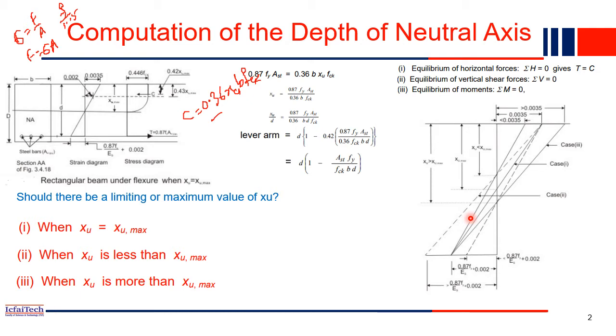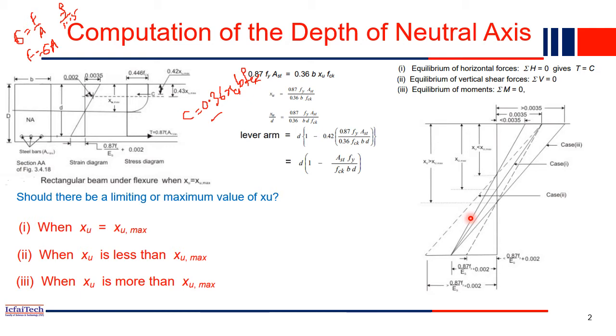Because a beam is made up of steel also, if steel fails first, what will happen? The steel member gets elongated. Once the steel member gets elongated, you will see cracks in the building. There will be micro cracks, and the crack width will gradually increase. Maybe on day one you will find a small crack. Day two, because steel is failing now, you will find the crack width has increased. Day three you will find the crack width is increasing gradually. So now you understand that your structure may collapse anytime, so you will evacuate the building.